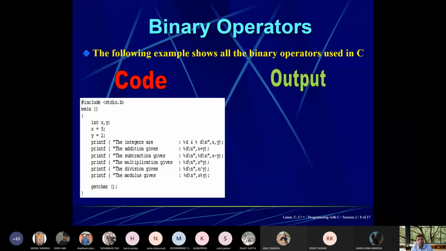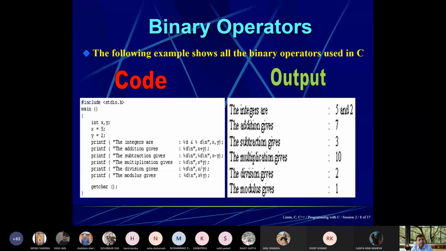So there are examples of binary operators. Suppose this is a program. So let us write this program. I think you have a screenshot of all this program. So let me write one program for you.